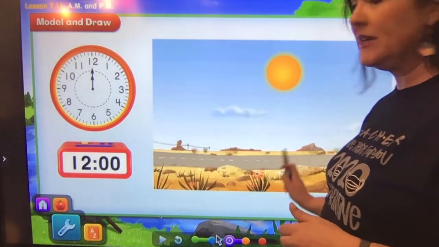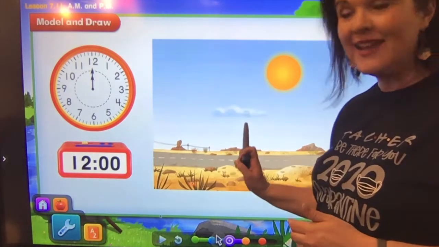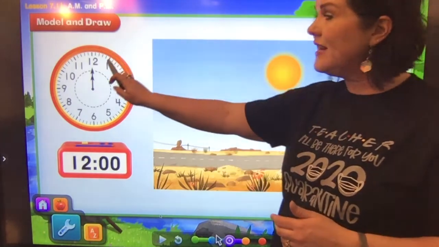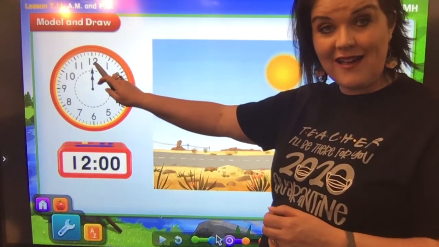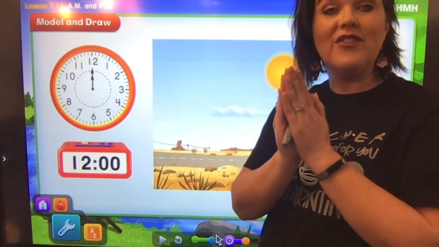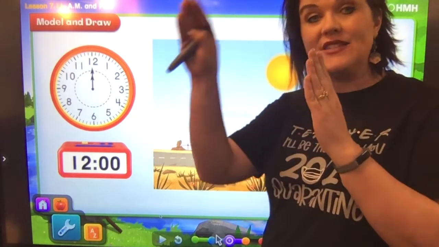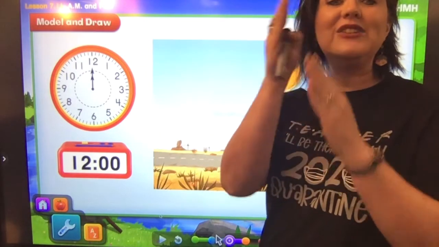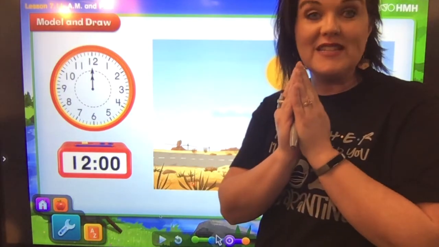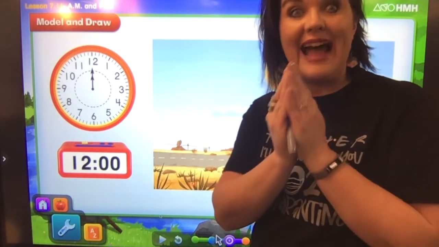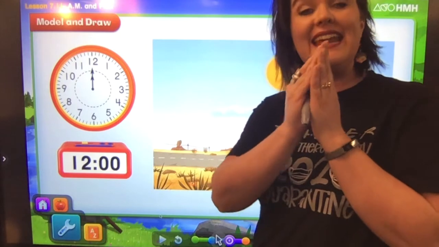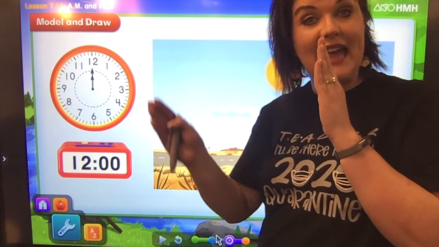Well, looking at this picture, you can tell that it's during the day. So we know that whenever it is noon or 12 o'clock, then it starts 12 o'clock PM. And it has to go all the way around until it gets to 12 again. And once it gets to 12 o'clock at night, at midnight, then after it starts time again, then it's 12